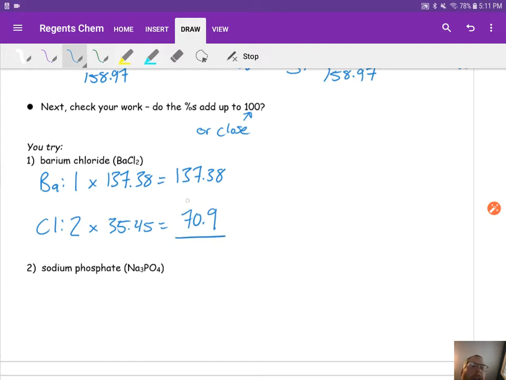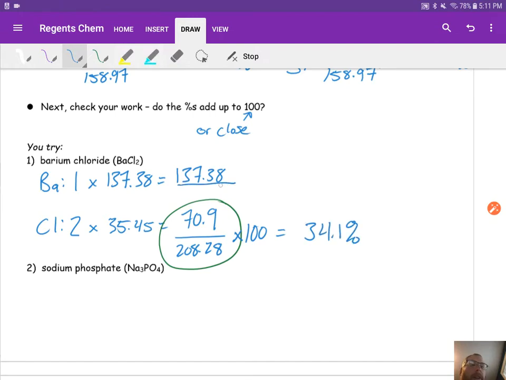So we've got to add them up to get the molar mass, 208.28 grams per mole. Now, if you have done the work like I'm showing here, like I've done all along with molar mass, notice you have the fraction that's needed for chlorine right there. So all you have to do for percent composition is tack on times 100, and bam, now you can figure out your percentage. So this would be 34.1%. If we want to do the same thing for barium, I could just rewrite it, put my whole on the bottom, times 100 equals